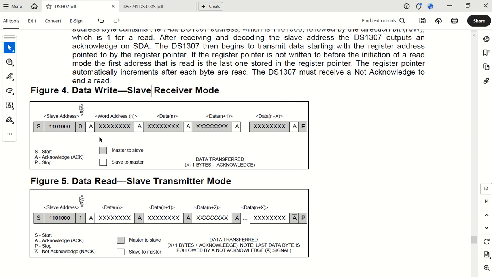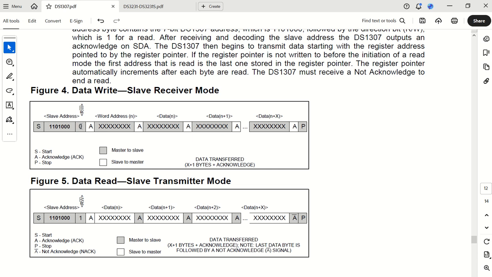And this explanation is quite good if you look at the color codes that it's given here. So if I want to write data to a specific real-time clock, we'll start always with a start condition, I2C start condition. And as you can see here, this is the address. So the address is 1101, which is in hex a D, and 3 zeros.